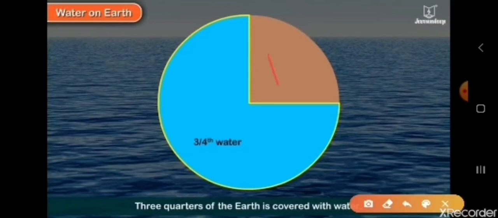So children, land. Now this 3/4 means when we divide earth into 4 parts. Suppose we divide earth into 4 parts, 1, 2 and 3 out of 4. So we can say 3/4 part is water and 1 out of 4 is land. So children, we can say 1 out of 4 is land. So children, 3/4 part is water and 1/4 part is land, and this land is made up of